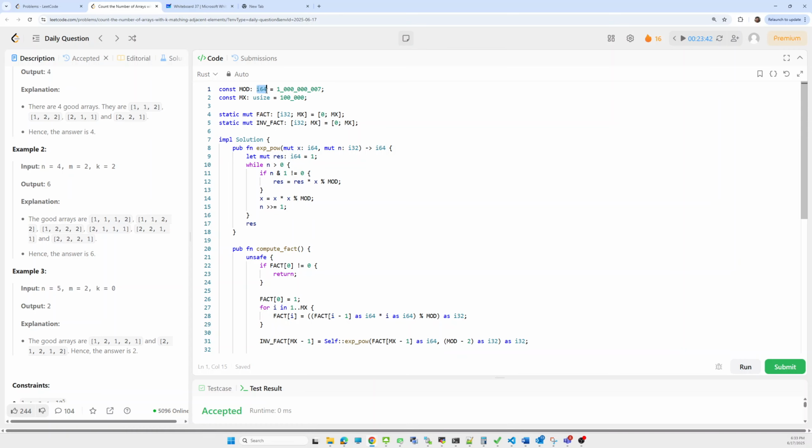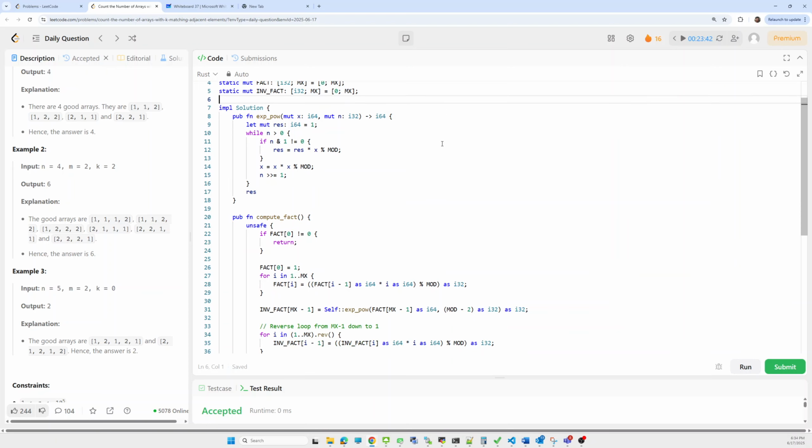Here I give the range also for our mod, and this maximum range. For which purpose are we using this range? For iterating, so that's why I defined it as a usize. Now we need a factorial array and an inverse factorial array, so I am taking them as static mutable. I want to change their values, so I take them as static mutable and initialize them with zero values of 4, and this is the initialization part, and this is the size, how much size I need.